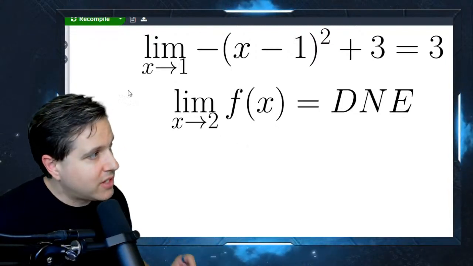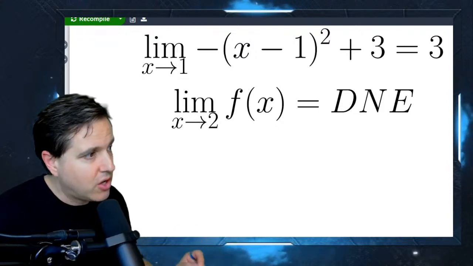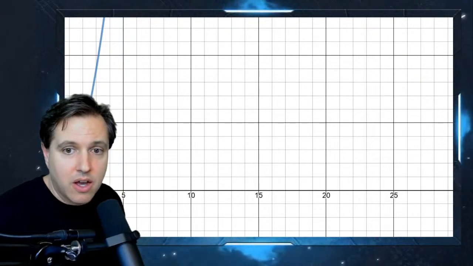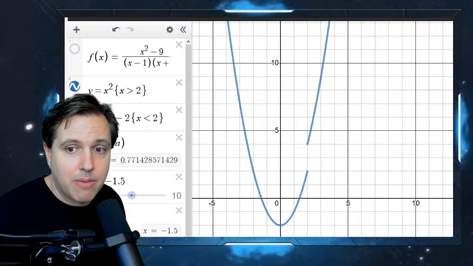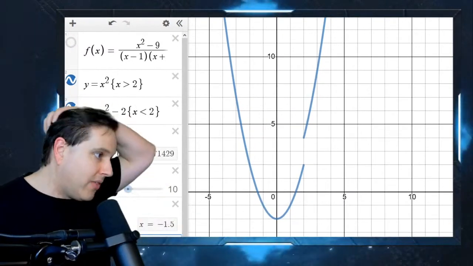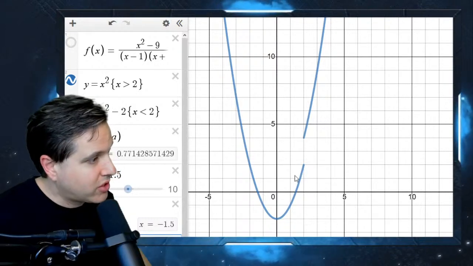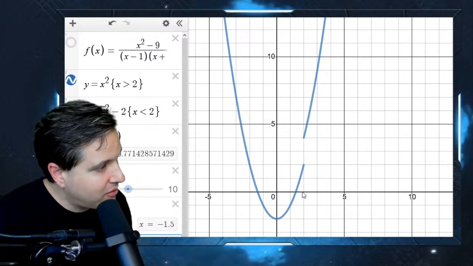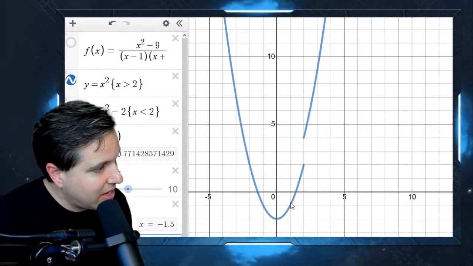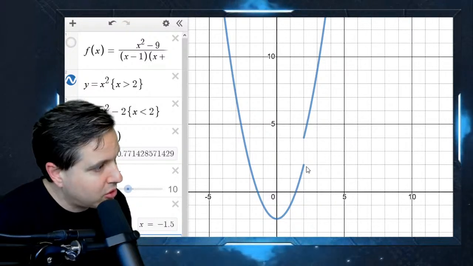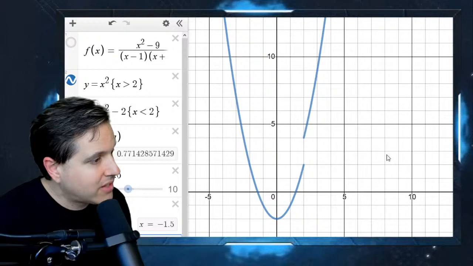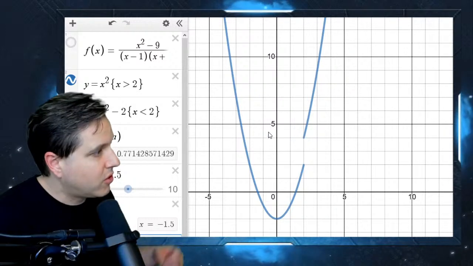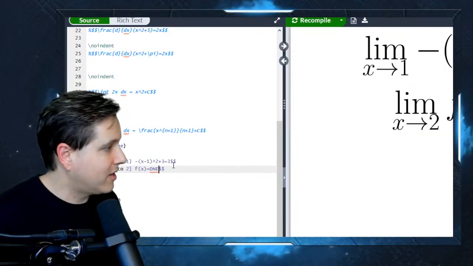Okay. So then this brings up the idea of one-sided limits. So remember, whenever we say limit, it's understood we mean two-sided limit. Otherwise, we can specify a one-sided limit if we want to. And the one-sided limit will capture that behavior we were just talking about. So notice if I just say, well, what's the one-sided limit as we approach from the negative side of things? Well, as we approach from the negative side of things, we said that as x goes to 2, our y values are coming up to 2. And as we approach from the positive side of things, right, as our x's approach 2, our y values are coming down to 4. So the way we would write this is that